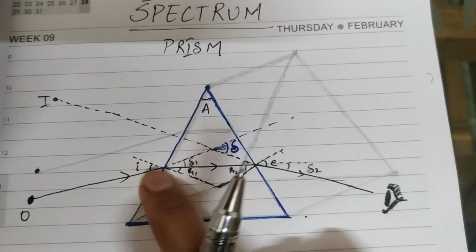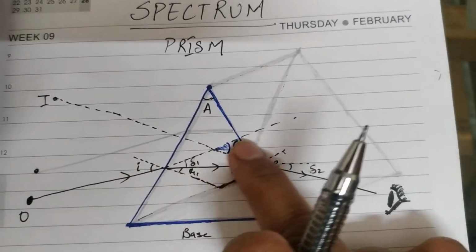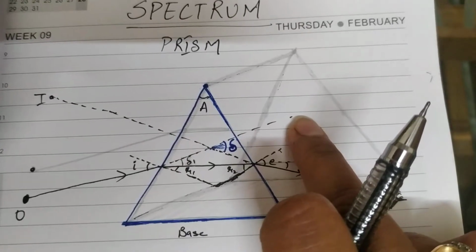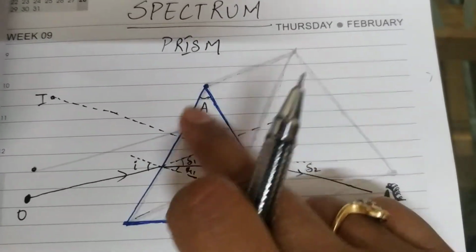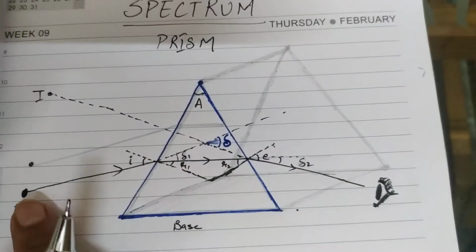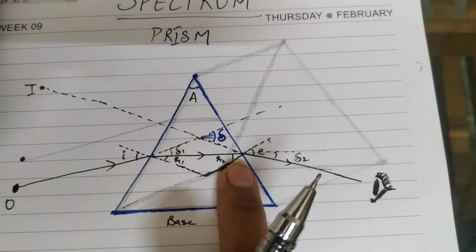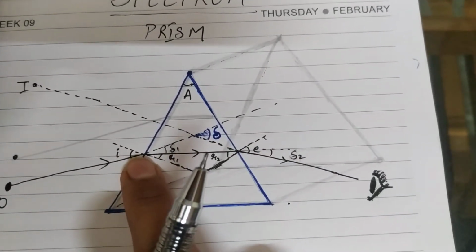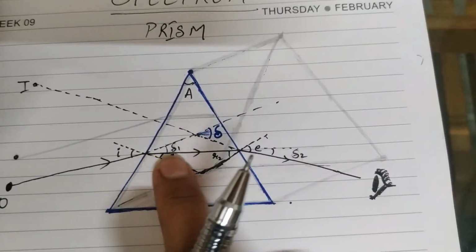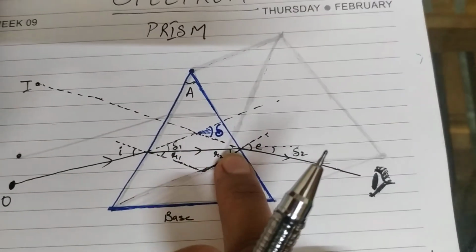The incident ray was actually going in this direction, but because the prism is encountered in between its path, this ray bends towards the base, and in the prism it is traveling along this bold line,